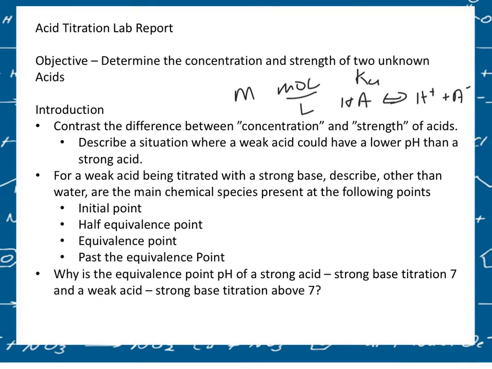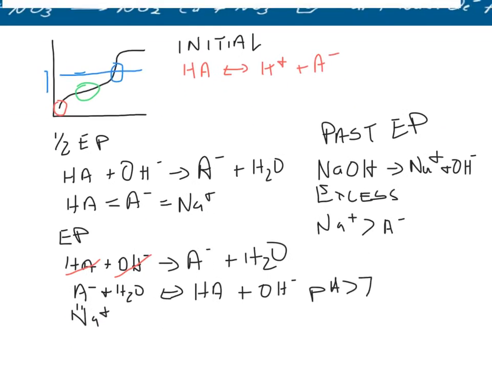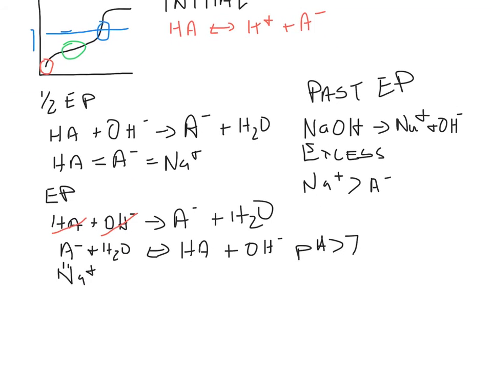The last thing to talk about is why is the equivalence point of a strong acid 7 and a weak acid greater than 7? So I'm going to go back to our discussion down here that we've already had. For the weak acid, you're producing a weak conjugate base, which will have an equilibrium with water to reform the weak acid and some hydroxide, so the pH is greater than 7. If we titrated a strong acid, so this is strong,